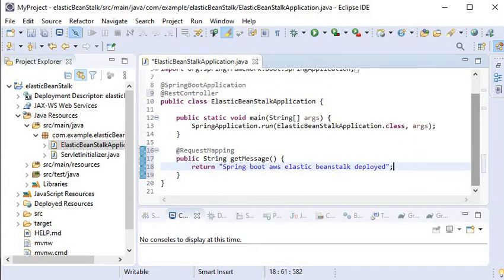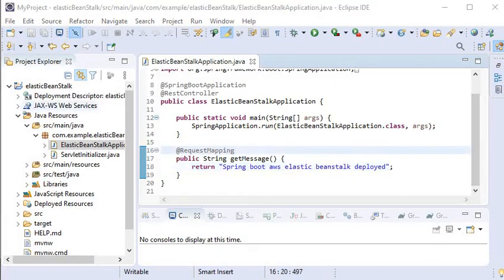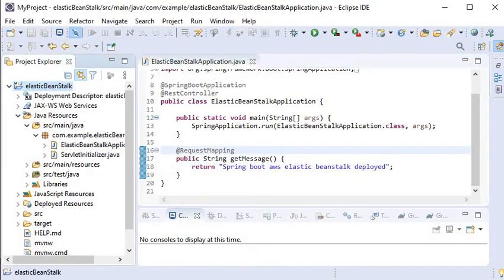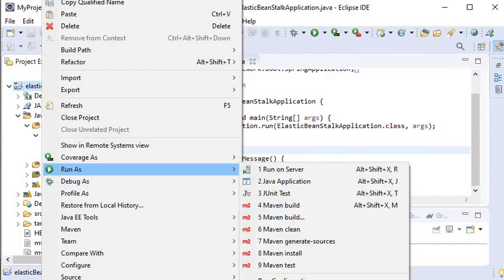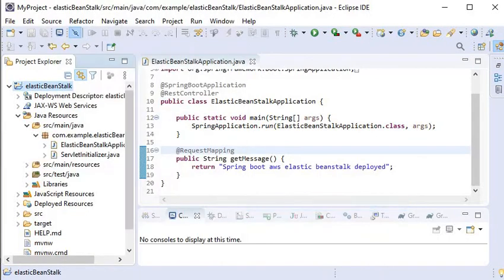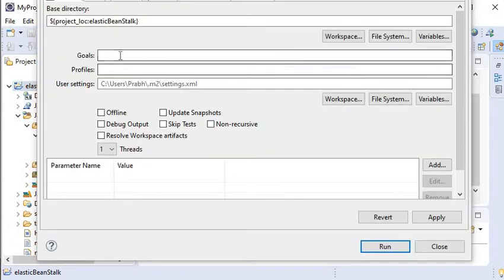And now I will make a clean build by clicking on the project, Run As, Maven build, then the war file will be generated. Here I will type clean install and apply and run this application.